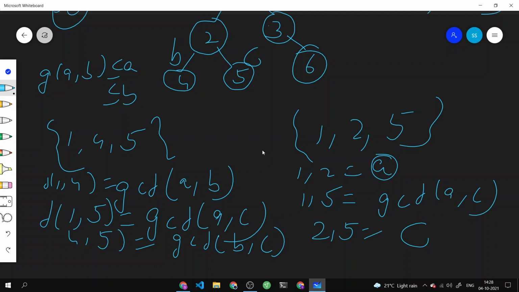That's the property of GCD. So if you take this edge, this value will be less than or equal to this. If you take these two values, this will be equal, because they are the same thing only, GCD of AC, GCD of AC. And then if you take this value, this will also be less than or equal to the component which is over here. So we can always say that the maximum value over here will always be less than or equal to the maximum value over here.